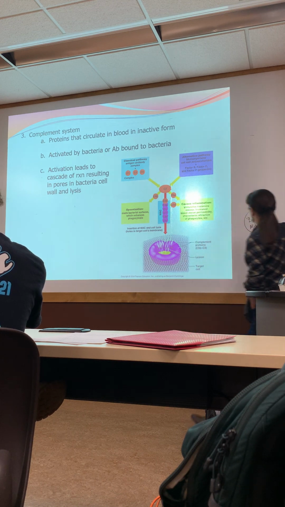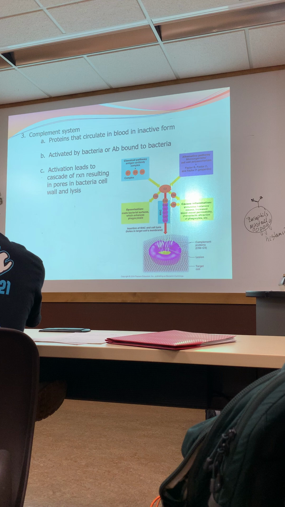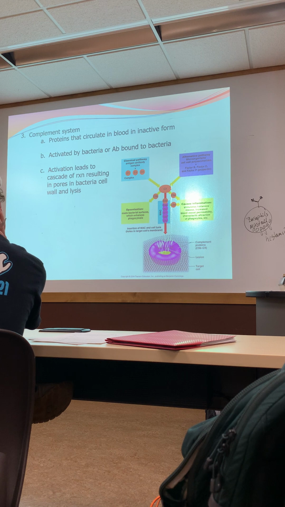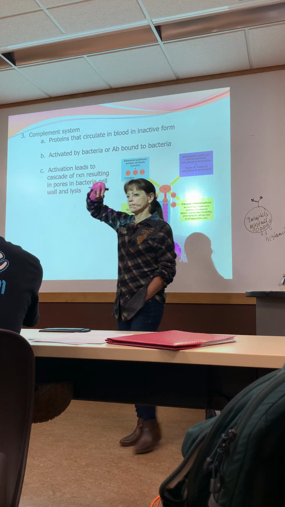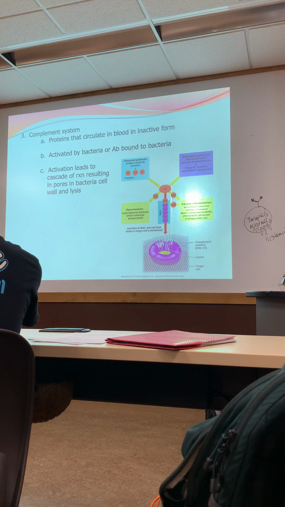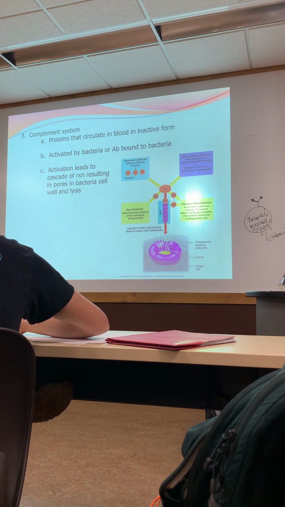So we've got these complement proteins, there are 9 of them. Let's say the first one comes in. If it binds to 2 antibodies, in other words, if it cross-links 2 antibodies, that activates that complement protein, and it calls on all of its other friends. They come in and insert themselves in a nice little circle in the bacteria, and they form a hole. Not only one hole, but many, many holes. So they form pores in bacterial membranes and walls, and then the bacterial insides fall out, and the bacterium dies. So the complement system targets bacteria only.